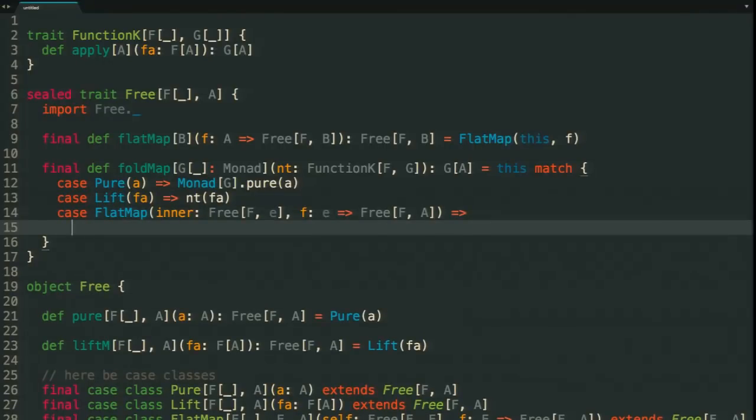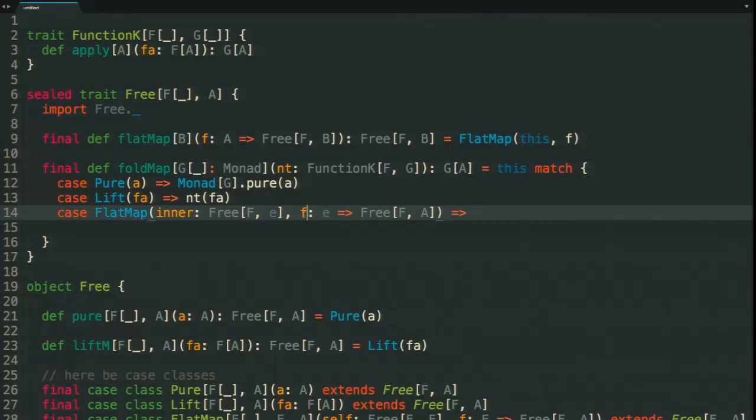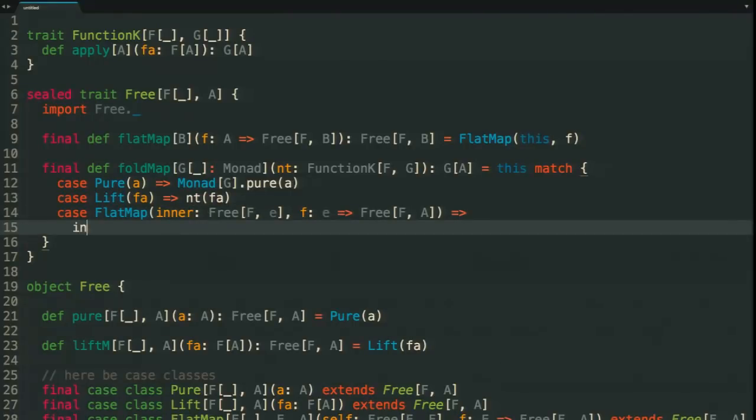Well, we can't do anything with f just yet because we don't have an e. Right? This e is like this mysterious thing that comes from somewhere. The only place it could possibly come from is inner. So let's do something with inner, right? Well, what can we do with inner? Well, we can flat map it, but that's probably not going to help us. Because if we just flat map it, we're just essentially back where we started. But the other thing we can do with it is we can fold map it. Okay? So if we fold map